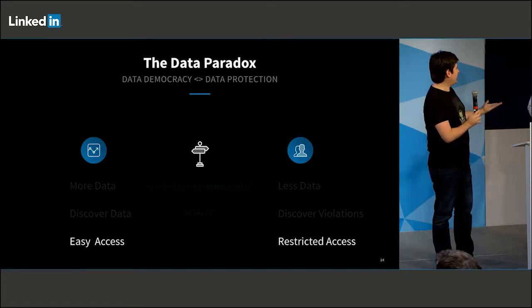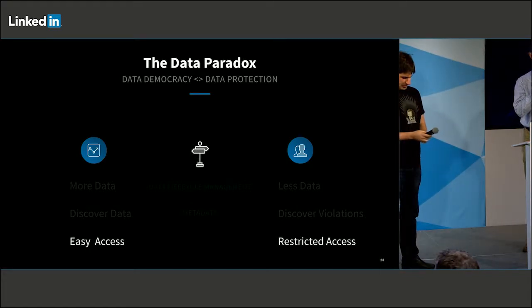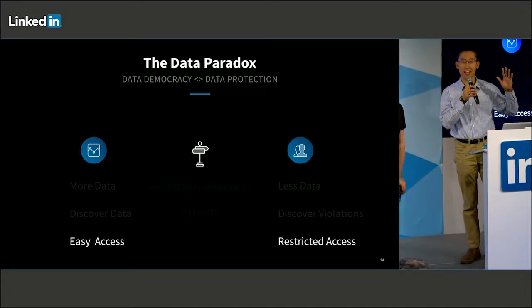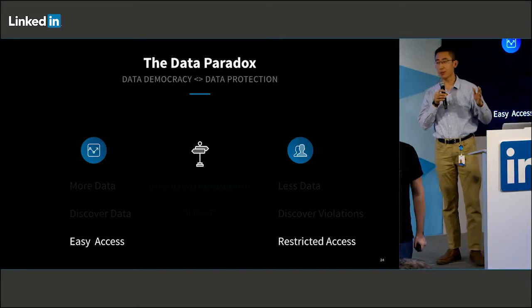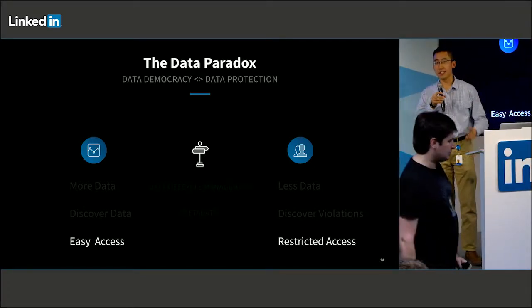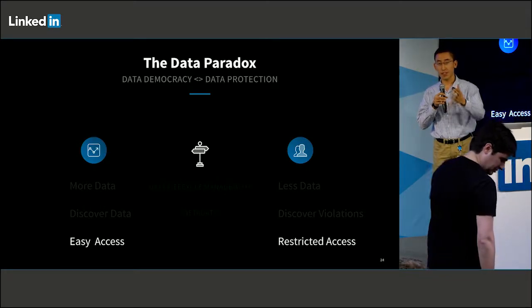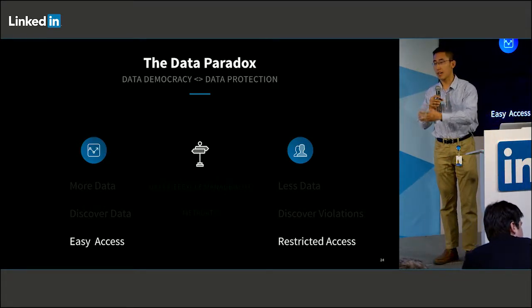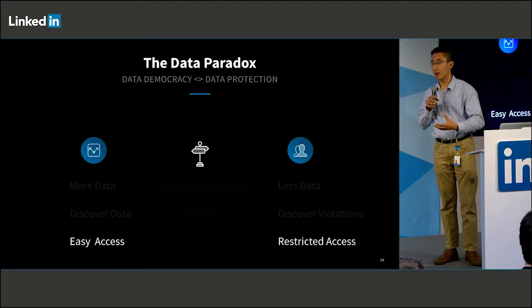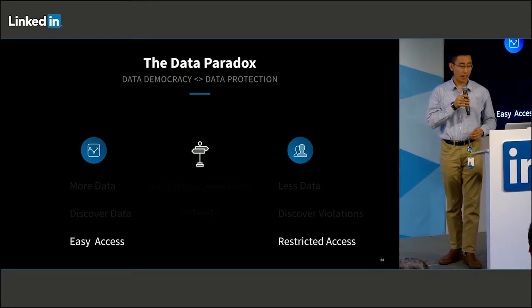And I'll hand it over to Anthony. Thank you, Eric. Hey, everybody. My name is Anthony, and I work on the data management team at LinkedIn. The data management team consists of the Gobblin team plus the Dali team. I'll explain what Dali is later on, but it's our data set access layer at LinkedIn.